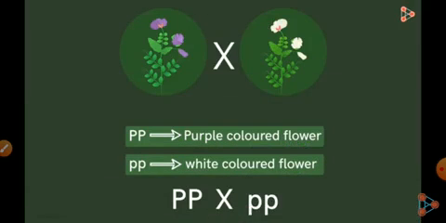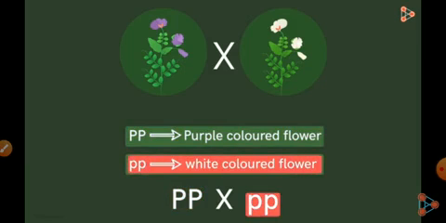Getting back to green peas, there are 2 sets of genes in it. That is why we use the letter twice to represent both the allelic forms. So here, PP written in uppercase will represent the purple color of flowers, while pp written in lowercase will represent the white